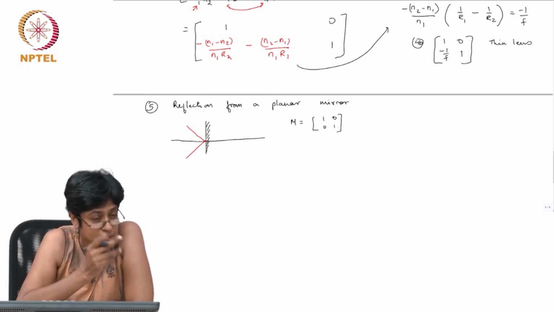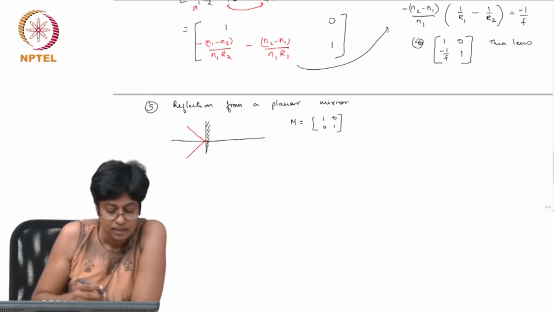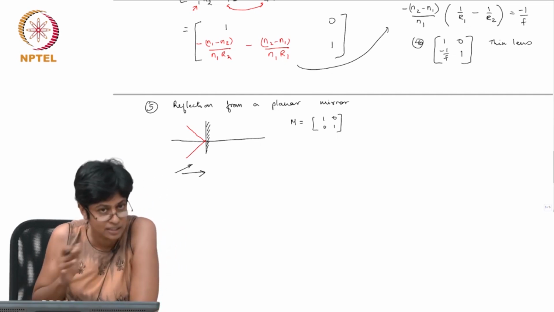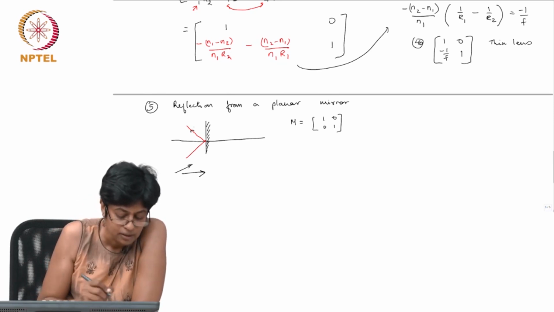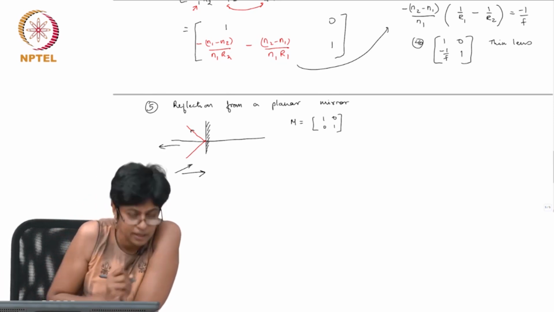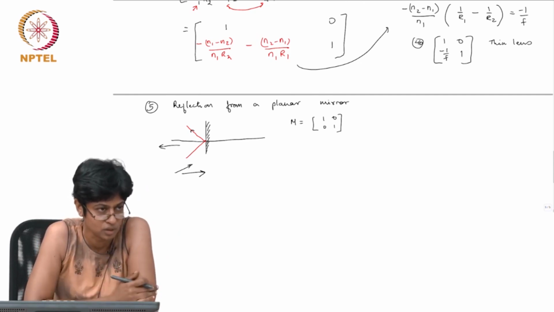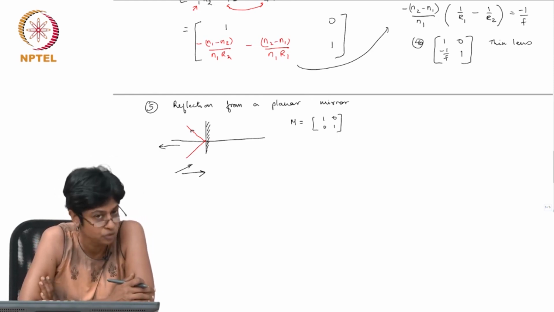You might think there might be some sign convention to worry about, but keep in mind that this is defined saying if the general travel of the ray is in one direction, we consider this as the general travel. That's the optical axis in this case. For the reflected ray, this is the optical axis. So always take the general direction of the ray into account. Okay, so that's my ray ABCD matrix for a